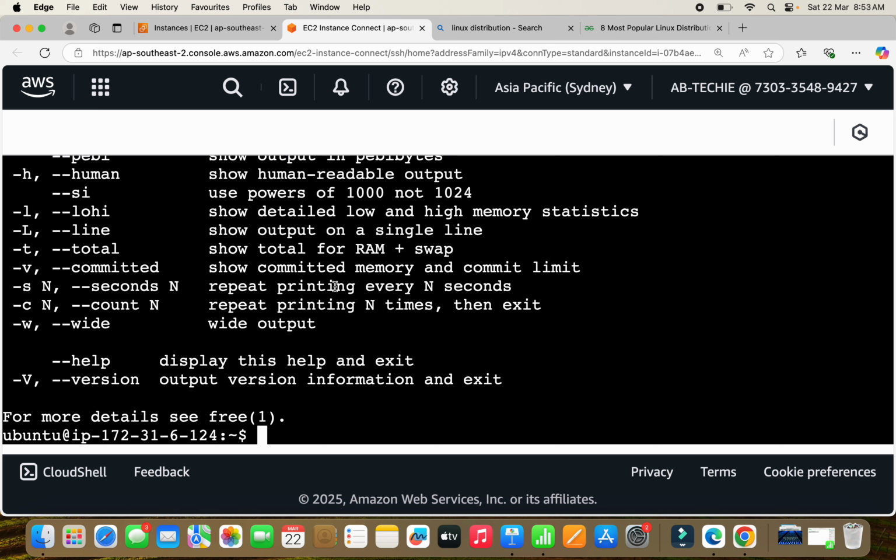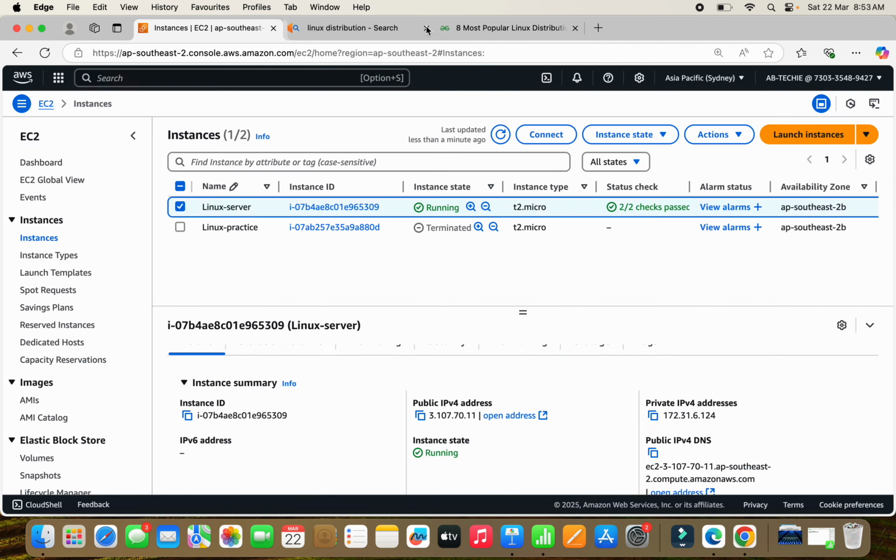Alright, today we covered basics of Linux distributions, setup of a Linux server on AWS, and connecting via SSH. Connected via SSH means, see, I have connected like this now. If you want to connect through SSH,